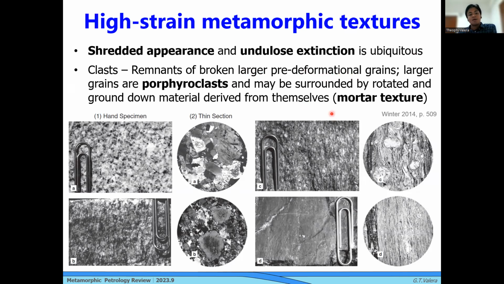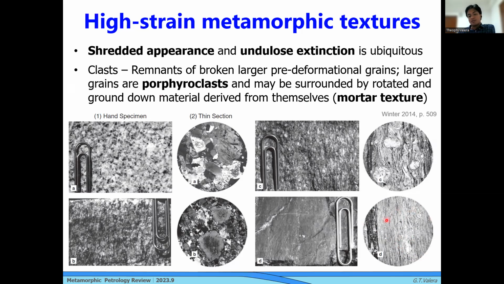pre-deformational grains, and the larger grains are referred to as porphyroclasts, and the surrounding material is referred to as the matrix. And this texture, we refer to as mortar texture. So this is the least amount of shear stress. And then as you go further, it becomes smaller and smaller till you end up with this mortar texture, till eventually, if you further stress them out, there can be no more